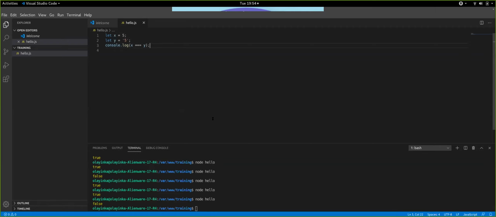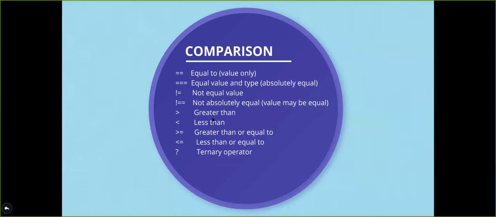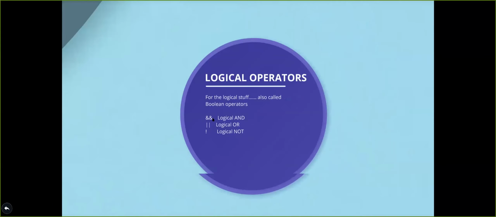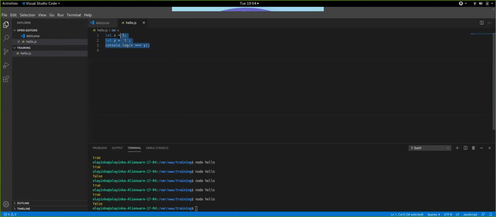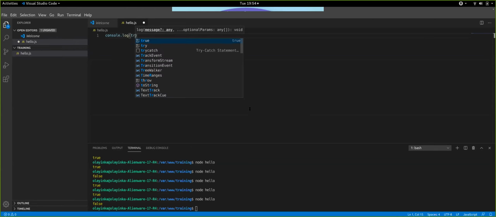All right. So there are just a couple more operators, but they're very simple. So we've looked at the comparison operators, and the last pair of operators we have are the logical operators. These work on your logical and, the logical or, and your logical not. Okay? And so if we come here, and I'm going to clear this out, this is very simple. If I say console.log true